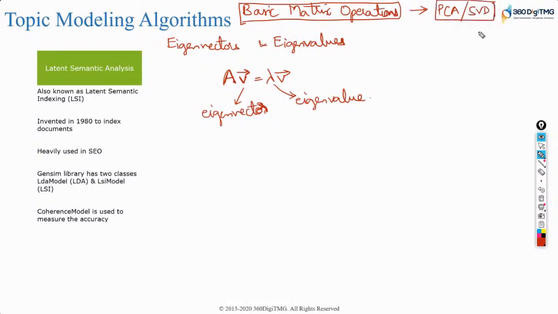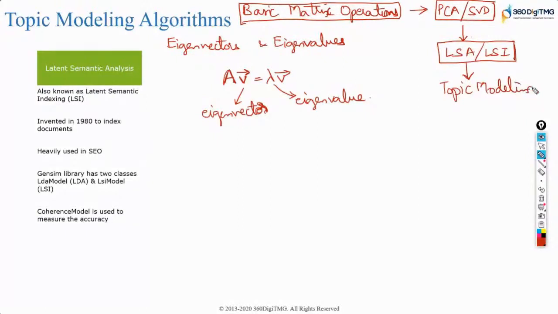Now you don't go and ask your teacher, hey, why am I learning A for apple? Why do I need to learn apple, ball? Because you need to form sentences when you move to the next class, right? In that way, why is this needed? To understand latent semantic analysis, which is also called LSI. We are traversing this path and hence we are understanding this. And why do you need LSA and LSI? For performing topic modeling.